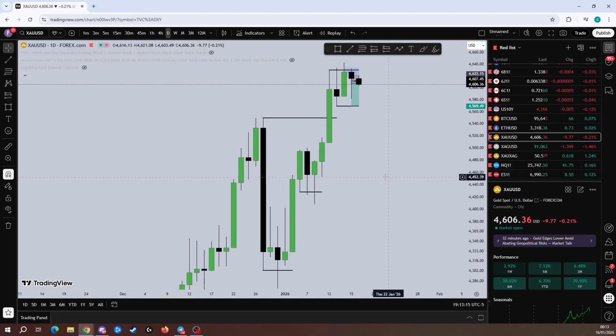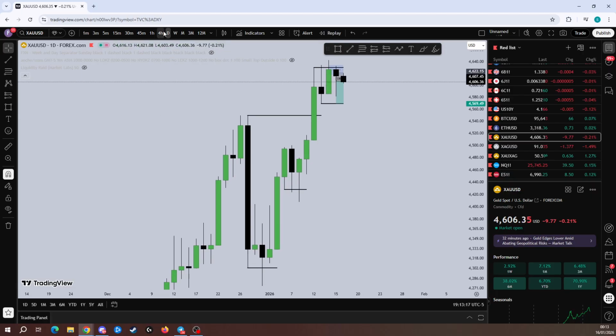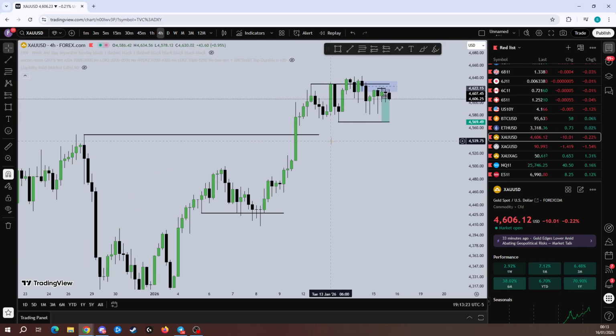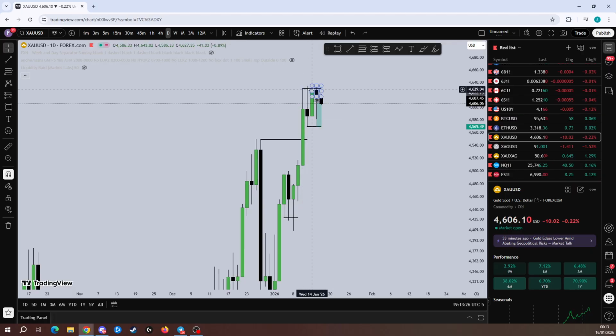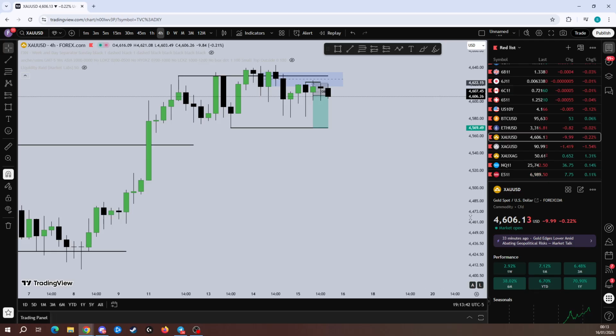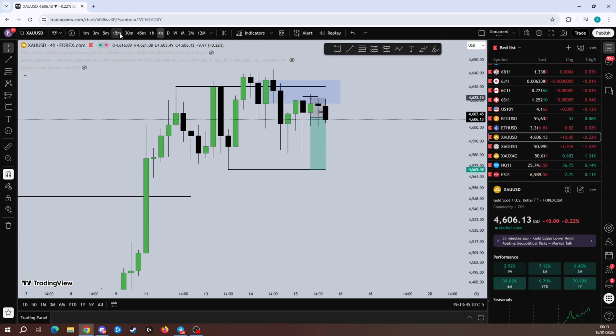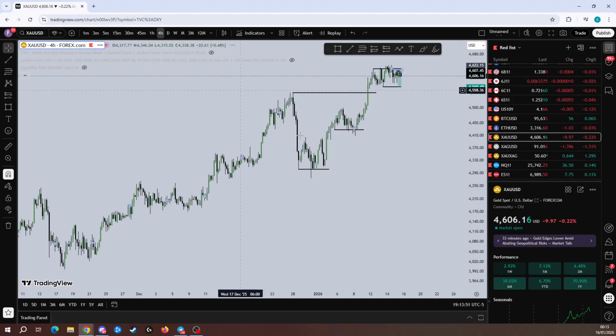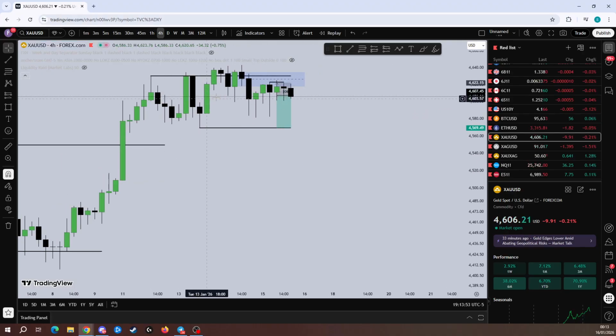So, yeah, for me, for an external to internal play, the main things I need is firstly the candle closure. Daily, if I'm taking a continuation trade, I need the daily candle to close back inside of the range, which is what we've done here, and we need that internal low to be untapped, being the daily fair value gap. And then I also need the 1 hour, and preferably the 4 hour as well, to be bearish, right? So we have that. To be honest, if you look at it, this is kind of a range,